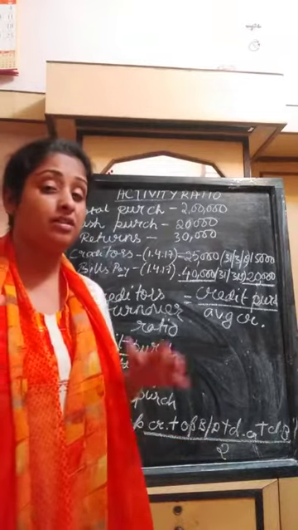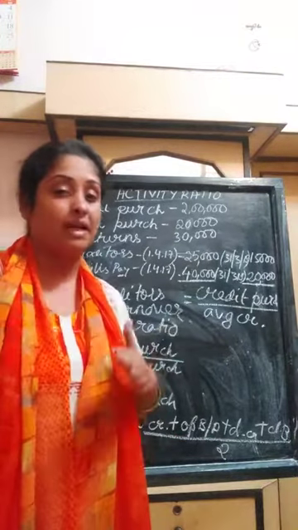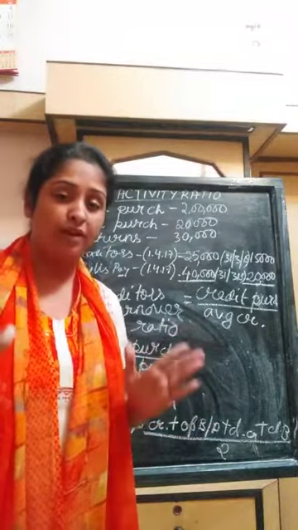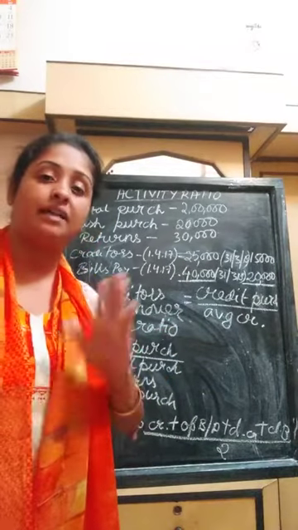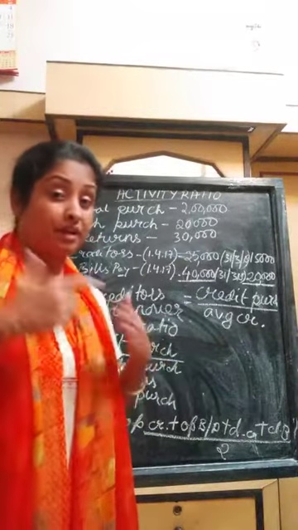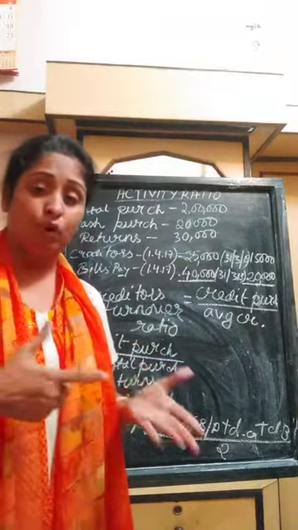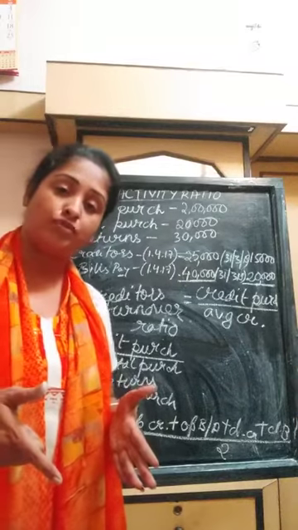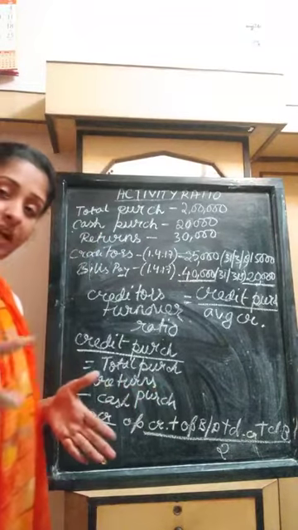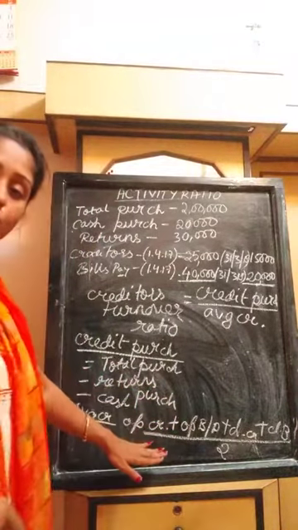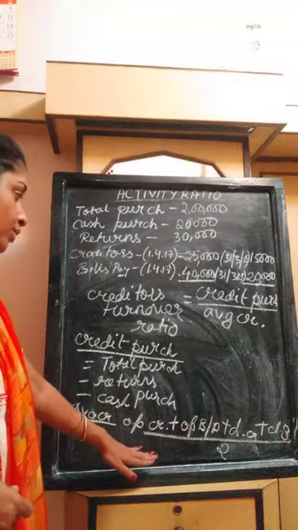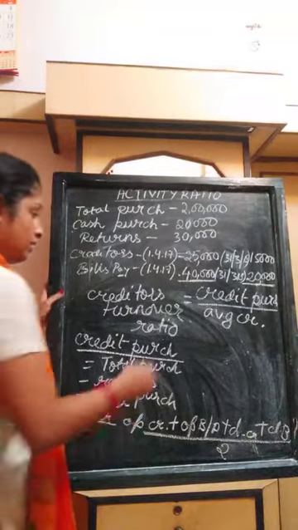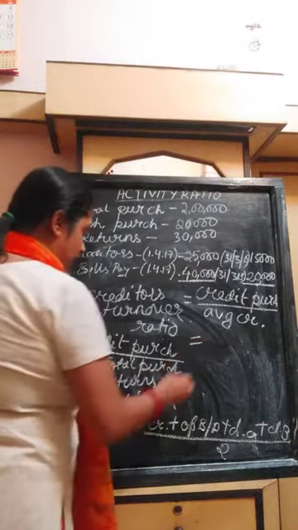Don't worry if opening and closing balances of bills payable are not given. In that case you have to add the opening creditors and the closing creditors balance. But if opening and closing bills payable are both given, you also have to include them in the addition and divide by 2, just like the way I have done here for you. So now we will come to the main sum and do the calculation.